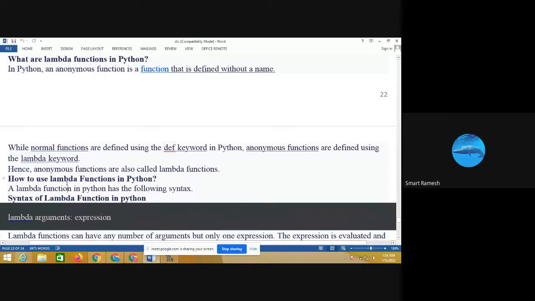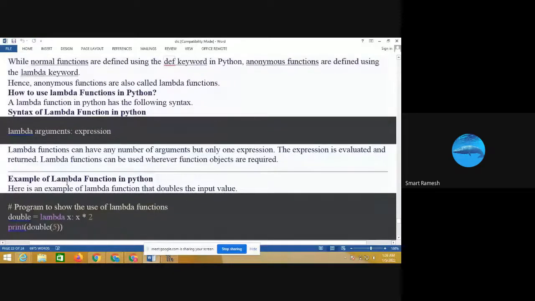Next, what is the syntax for the lambda function? lambda arguments colon expression. That is the syntax. Okay, for example, for the lambda function,